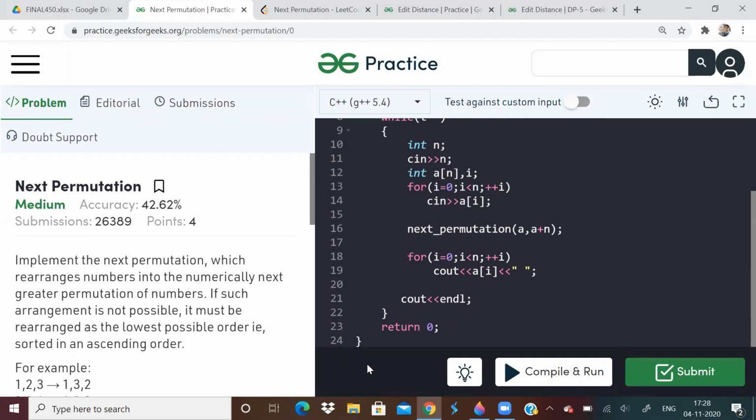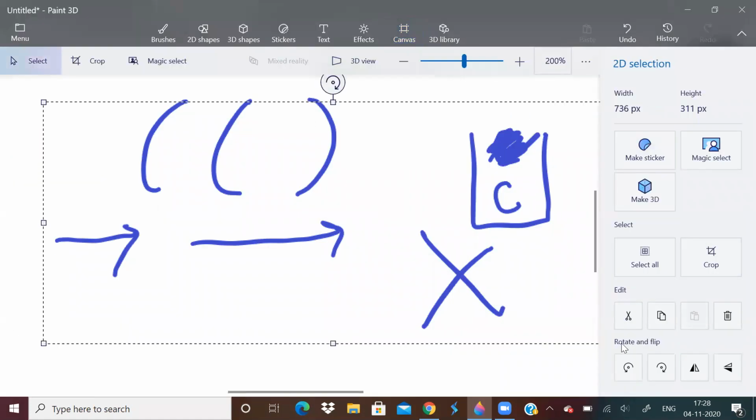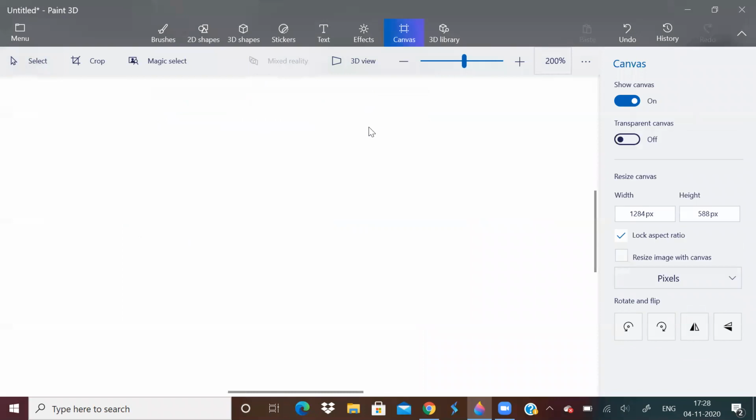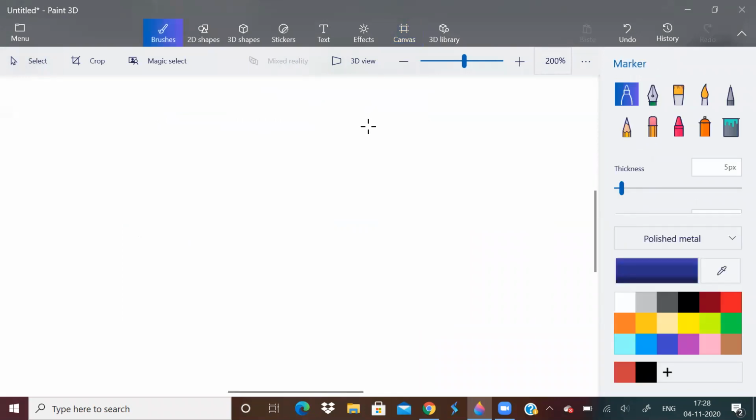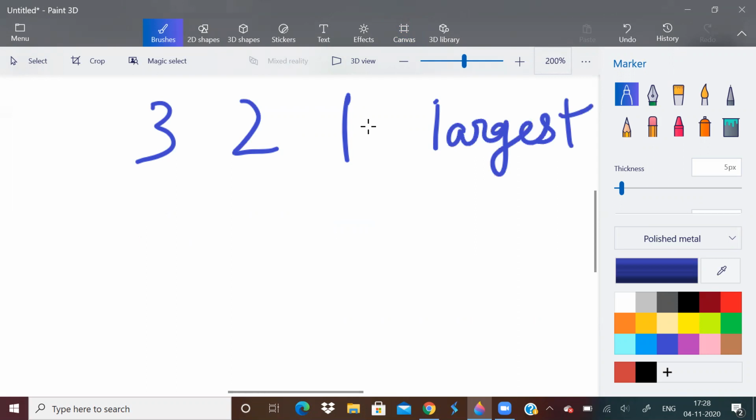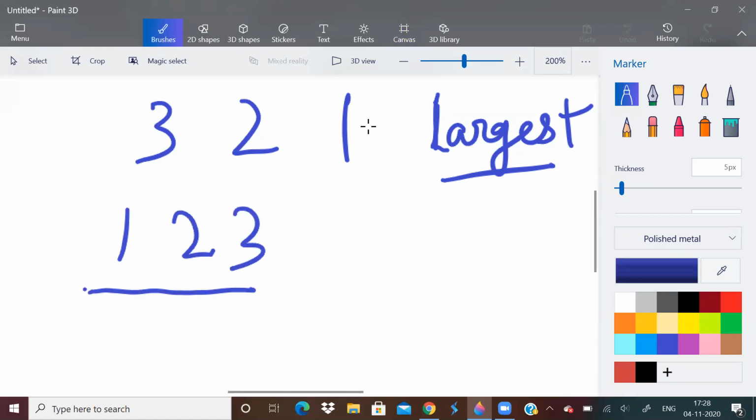For example, if the array is 321, this is lexicographically the largest. So in this case, the output should be all the digits in ascending order. But if the string is 115, then the next permutation will be 151, the next greater lexicographically later permutation.